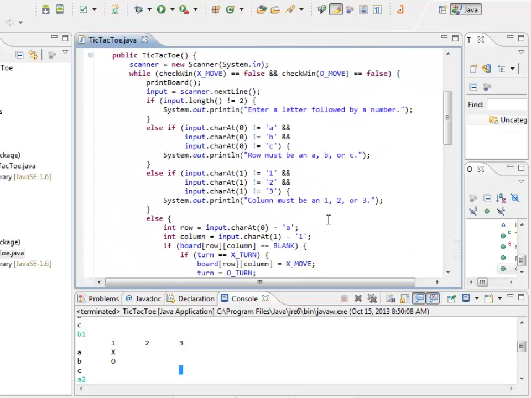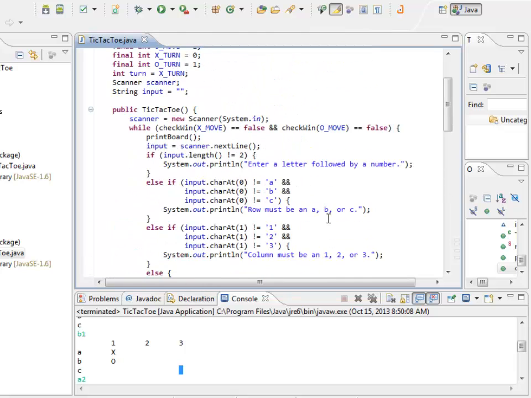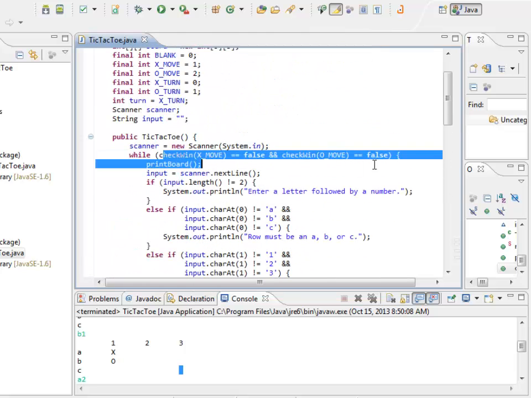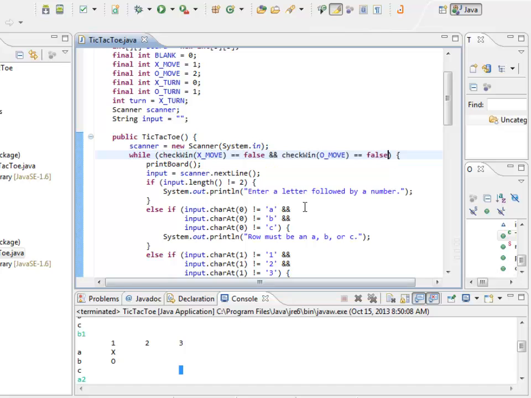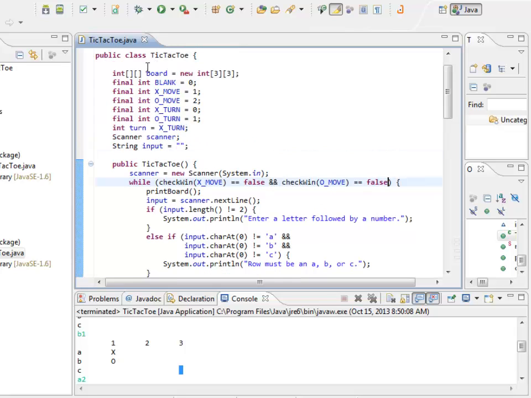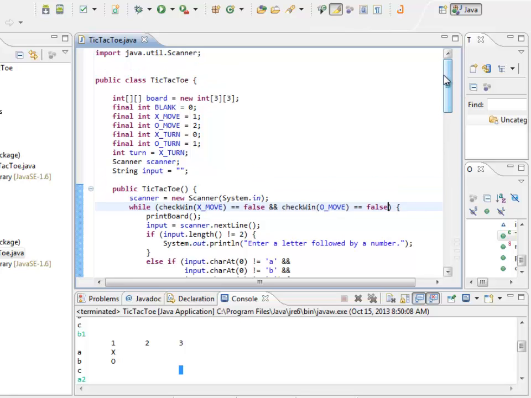But that's going to take care of continuing to play until somebody wins. Now there's another problem here where I'm going to have to check for ties. The basic way you check for ties is you're going to go through every single square in your grid and see if any of them are blanks. If any one of them is a blank, it is not a tie. If none of them are blanks, it is a tie. So